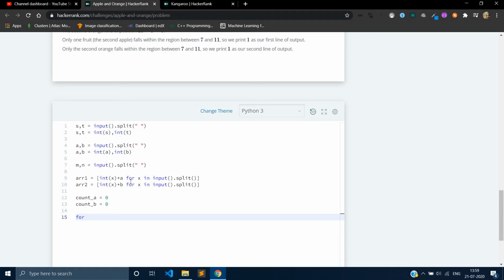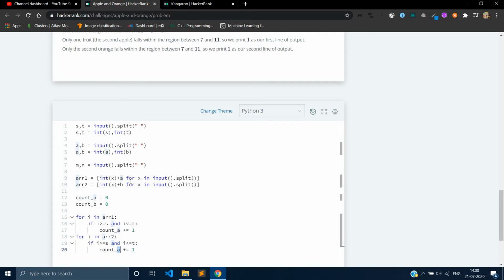Okay, and for i in array 1, if i is greater than or equal to s and i is less than or equal to t, then count underscore a plus equals 1, and we need to do this same thing for the second array 2,